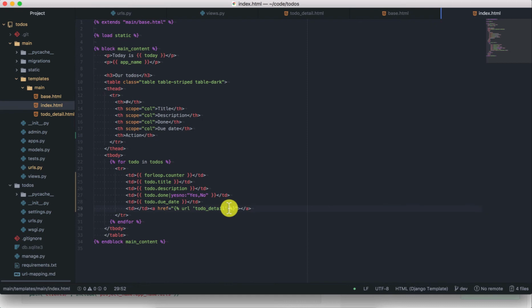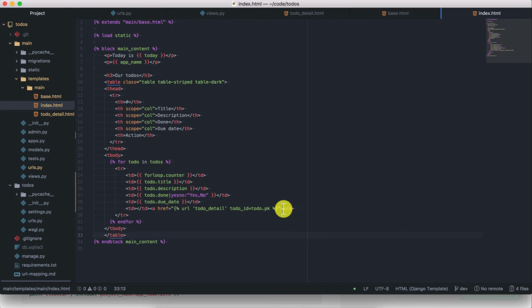So you can either pass as normal arguments or as keyword arguments, but I think it's better to be explicit and pass keyword arguments. So in this case, you want the to-do ID, so it is the pk of the to-do. So you can just say to-do ID is equal to